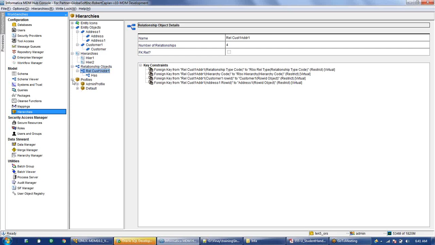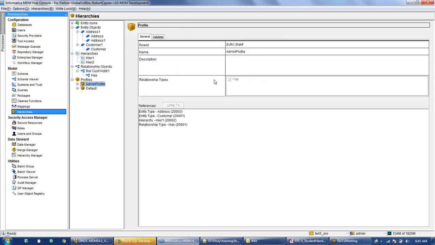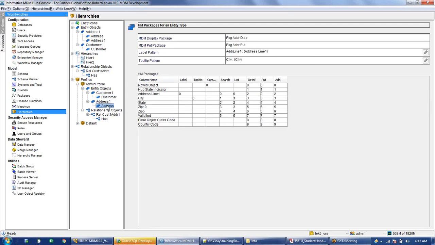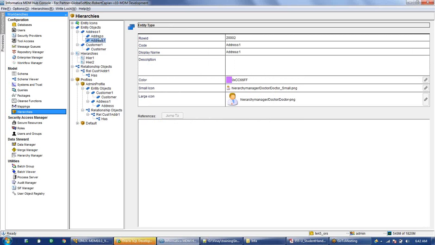After that, we did the profiles, where we created this admin profile and selected the relationship type. Once we select the relationship type, whatever entity types and relationship types are associated with it will come down. So on the profiles, the same configuration will come down. This relationship type was between address and customer, so that is why only the address and customer entities came down. With address, you have two things on the top, address and address one. Both didn't come, only address came, because we have created a relationship between the address and customer entity.